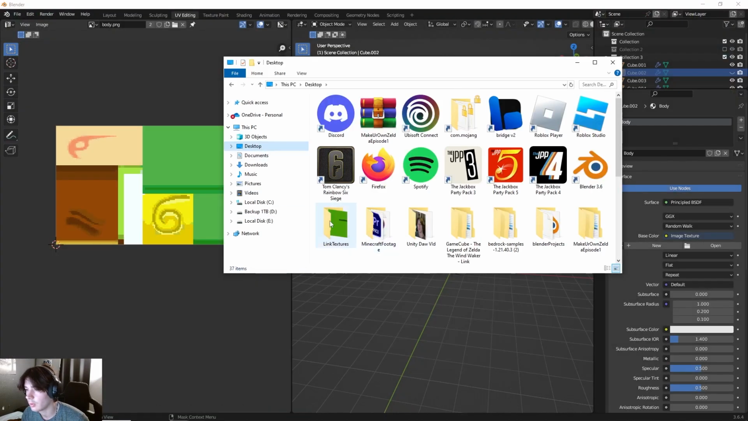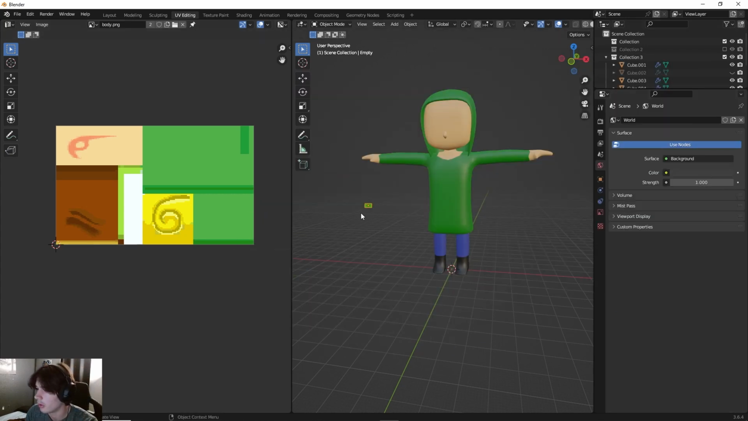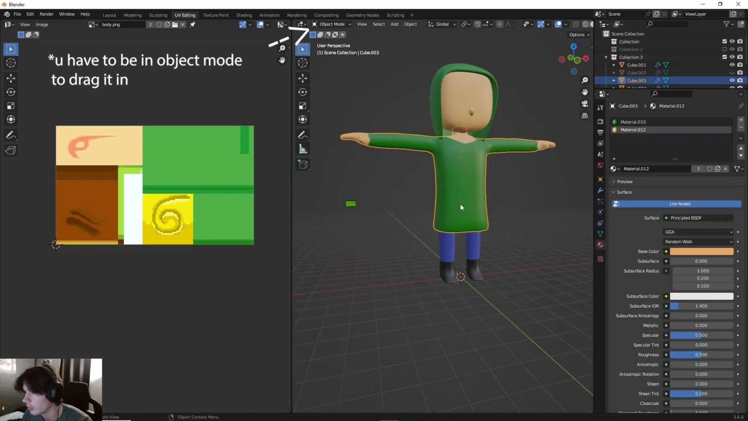I have it on desktop in that Link Textures folder. Find the image. Mine is untitled. I'll just go ahead and title it right now. Link body. How about that? And then let's drag it in. So now this is in my Blender scene, so we're able to access it. So let's go back to the